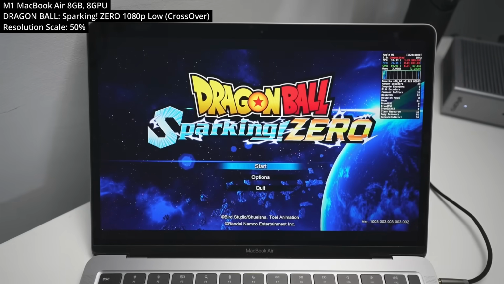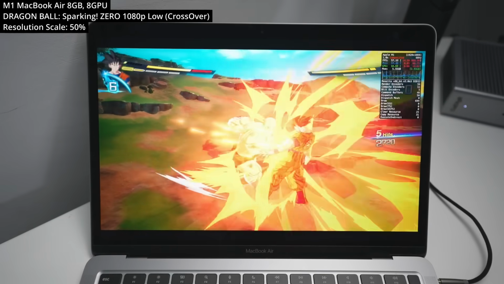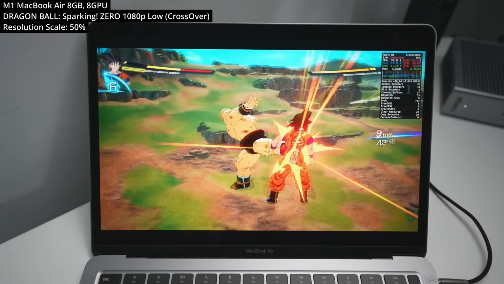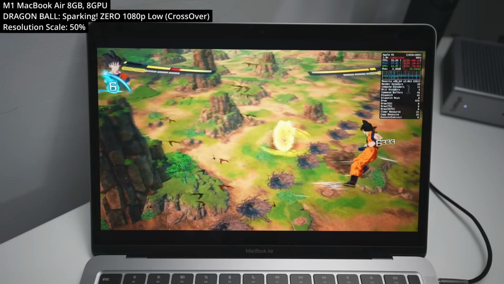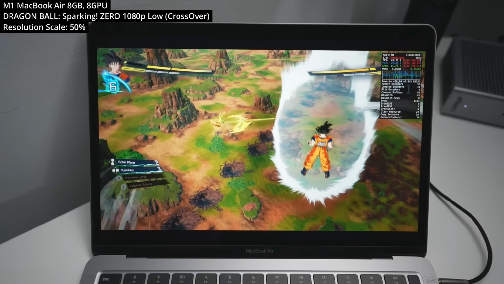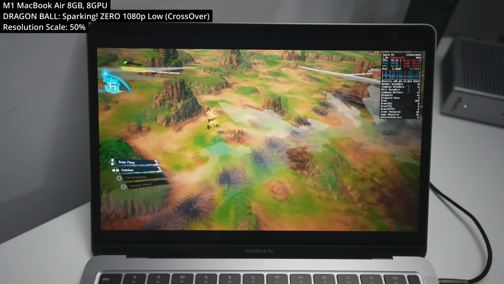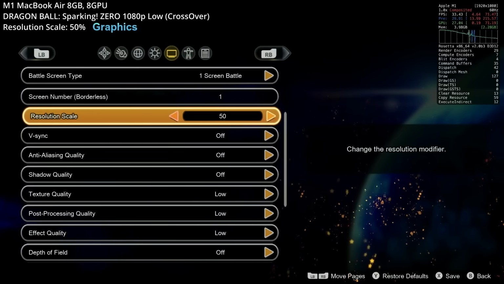Lastly, we're looking at the game Dragon Ball Sparking Zero. So this is a Windows game that's been fairly recently released, and I wanted to put this here because I want to show that the M1 MacBook Air is still capable of playing even the newest Windows games, as long as there are some concessions and you can turn down the performance settings to get this playable on the base M1 chip. To make this playable, I've really turned the resolution scale down to 50%, and you also have to wait for animations to cache